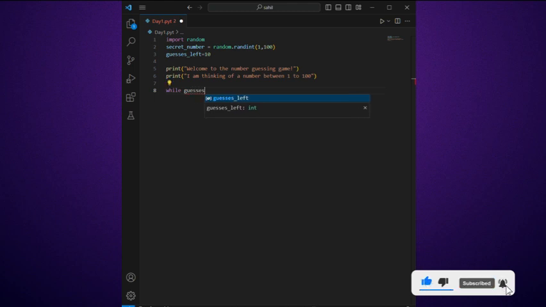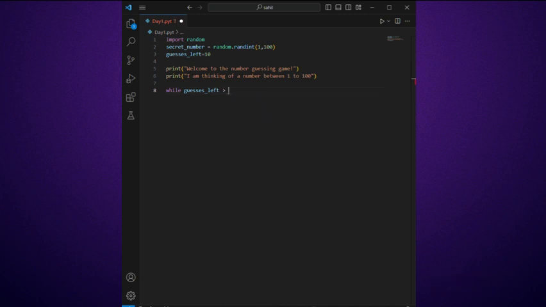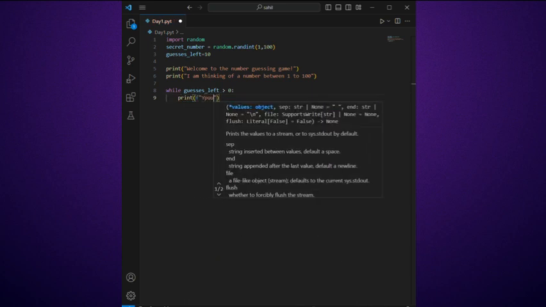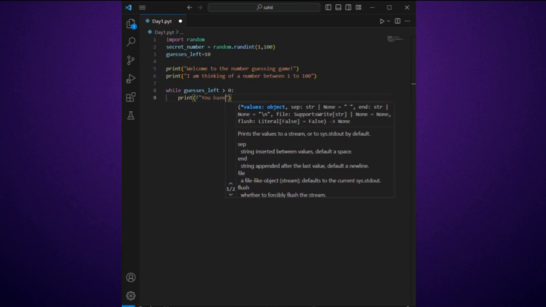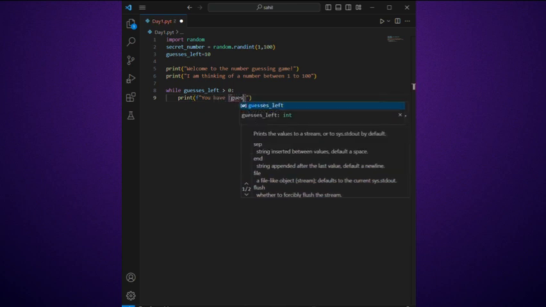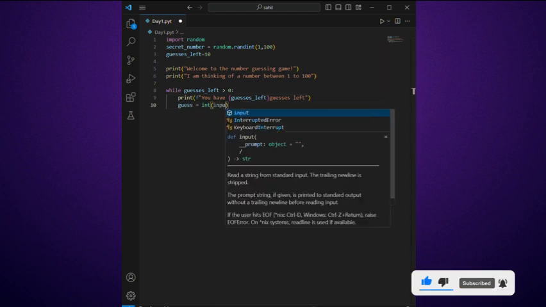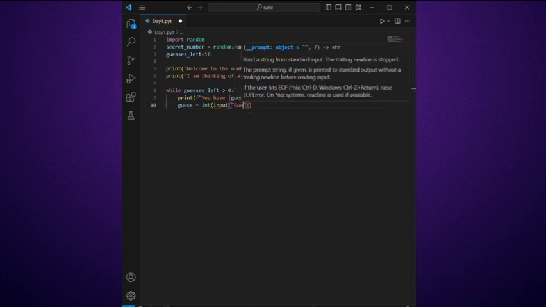Now create the guessing loop: while guesses_left > 0. This starts a while loop that continues as long as the player has guesses left. Within the loop, print an f-string, "You have {guesses_left} guesses left." This line informs the player of how many guesses they have remaining. guess = int(input("Guess a number: ")). This line prompts the player to enter their guess and converts their input to an integer, storing it in the